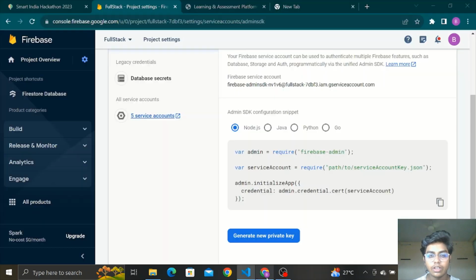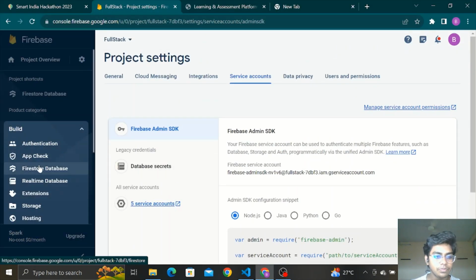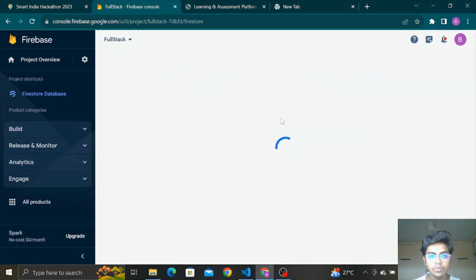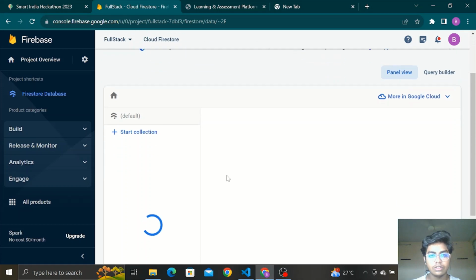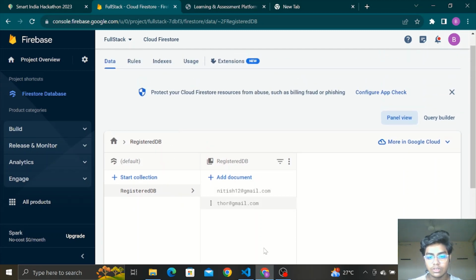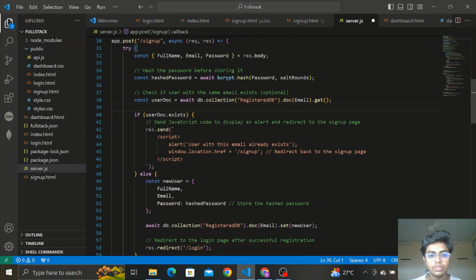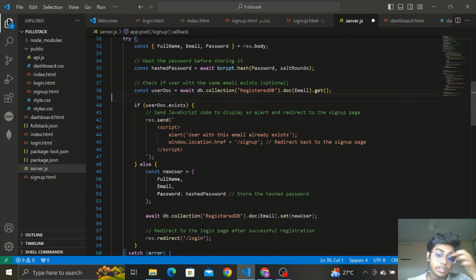I have created a collection in the Firebase. Here you can see, you can create many collections. I have created a registered collection to store the registered data, and if the user is successfully registered, it redirects